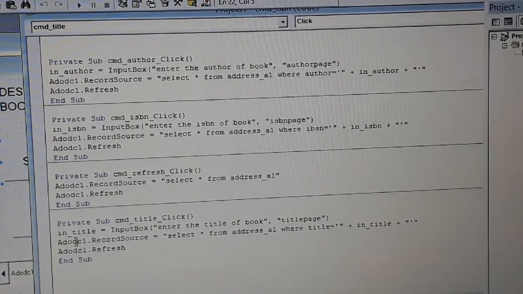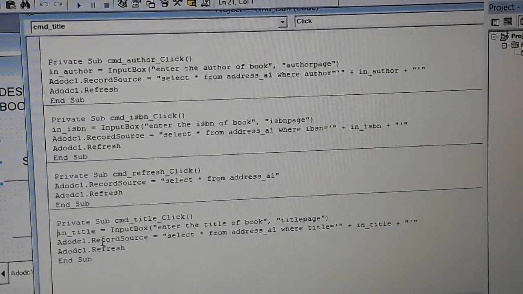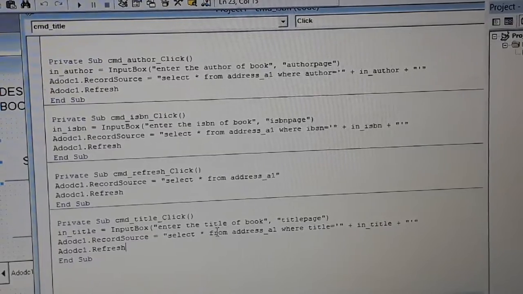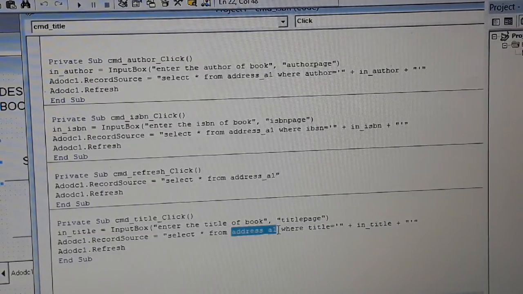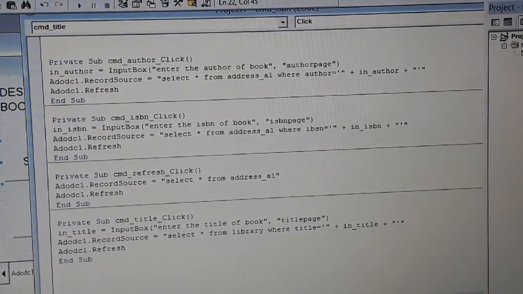To do that, I'll go with Adodc1.RecordSource. Adodc1 is nothing but the ADODC you have used here. I need to set the record source using a query, that is, select star from, and then give a table name. My table name is library.